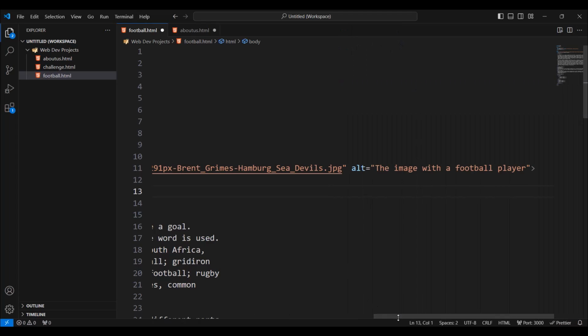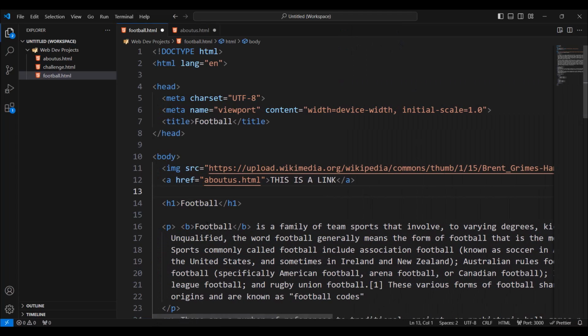All right, this is our discussion about the image element. You can play with it, you can define other links, you can try to provide a link from your machine to see how it works. All right, I'm gonna end this video here, and I'll see you in the next video.